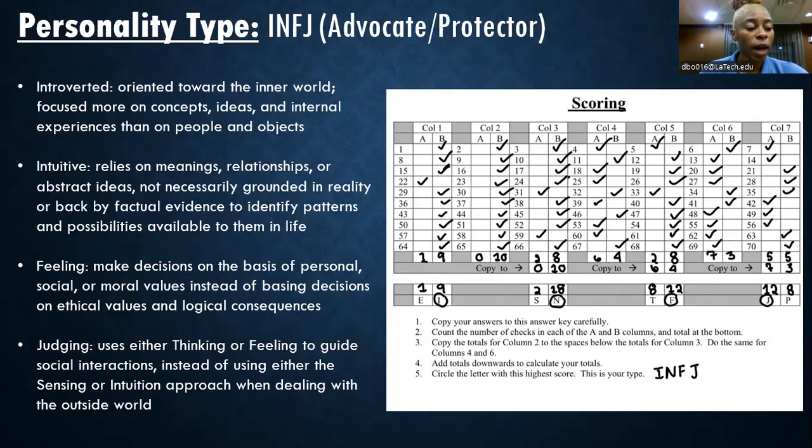And then lastly, you have the judging and prospecting dichotomy. It's designed to identify the process a person tends to use in dealing with encounters and interactions in the real world, so more of those extroverted experiences. A person with the judging attribute uses either thinking or feeling, and in my case, it would be feeling, to guide social interactions instead of using either the sensing or intuition approach when dealing with the outside